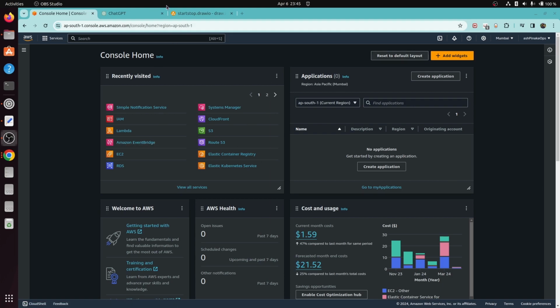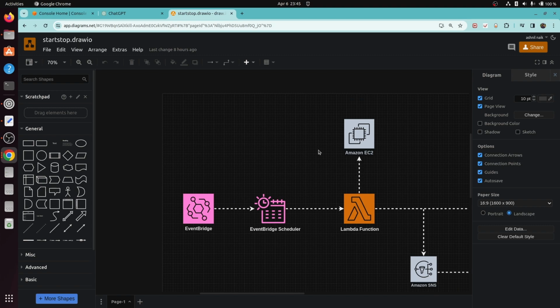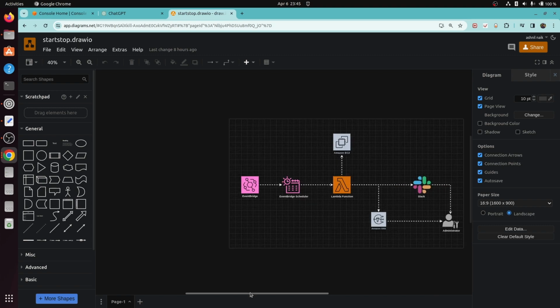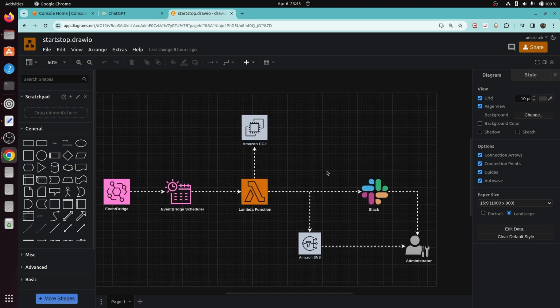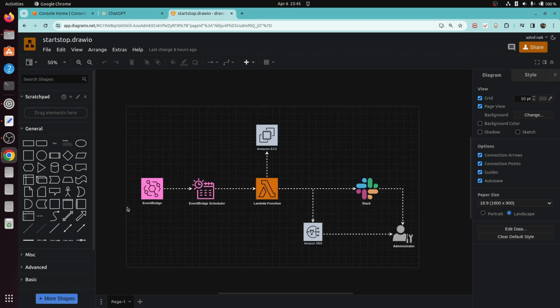Hello, in this video we are going to see how to auto start, auto stop EC2 instances using Lambda functions. So this is my architecture diagram. As you can see, I have used EventBridge schedulers to invoke the Lambda functions on schedule times, and what it will do is use tags to find out the instances and start and stop them. Then we'll use pre-configured Slack apps to send messages to admin, as well as SNS topic to send messages to